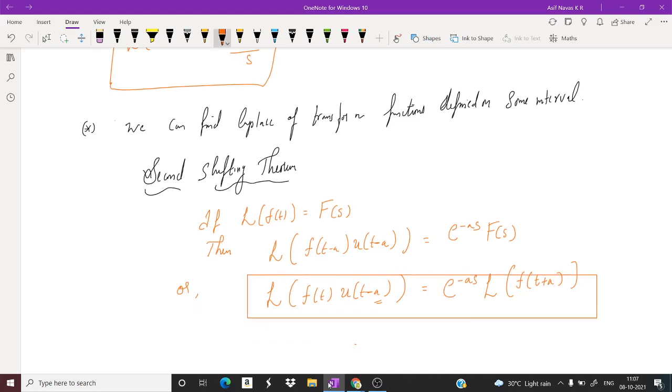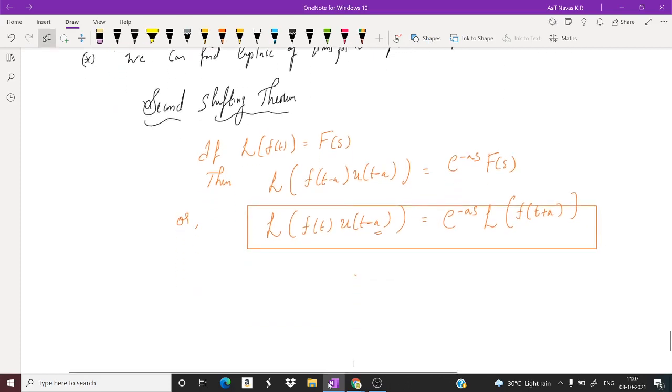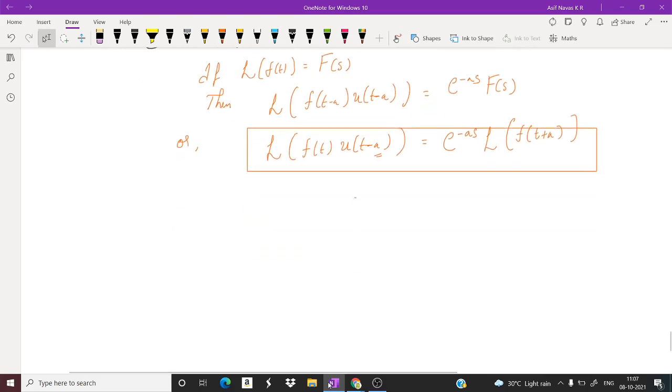Similarly, we can find the inverse Laplace transform. So what is the inverse Laplace transform? The inverse of this. Okay. So now we will do a few problems. First one, find the Laplace transform of